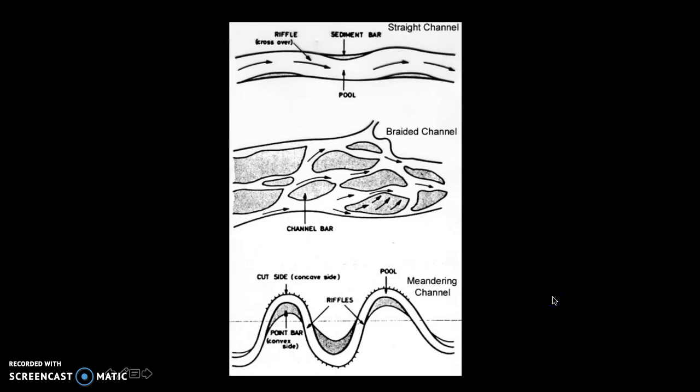Okay, so there are three main types of streams that we have. There's going to be the straight channel, which is kind of like the boring one, but we also have a braided channel and then a meandering channel. These rivers basically form in the particular form that they have based on the amount of sediment that they carry and whether they are seasonal or year-round channels, or the amount of water that they're carrying, basically. So the straight channel is going to be